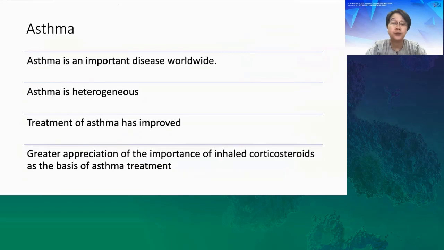So let's move on to asthma. What is asthma? It is actually an important disease worldwide. I hope I've convinced you by the number of deaths that we have in a year, equivalent to the people that we lost in the Titanic. It's also heterogeneous, meaning that you'll have various patients who have got asthma, who've got different manifestations of the clinical symptoms of asthma, and in terms of the predominant pathway and in terms of the treatment.